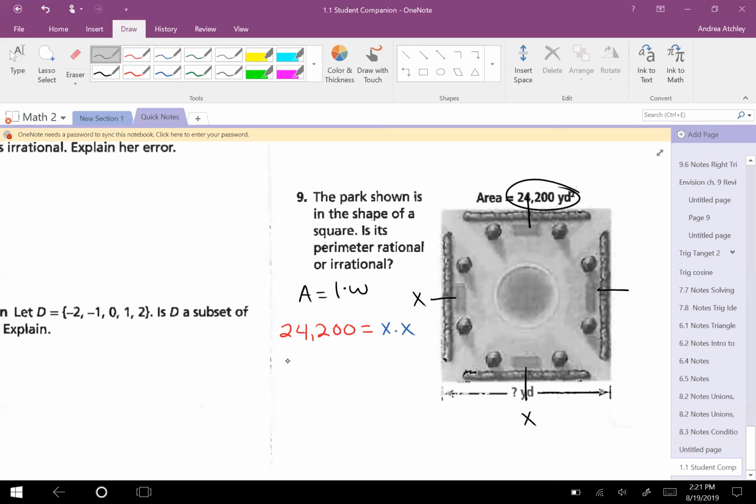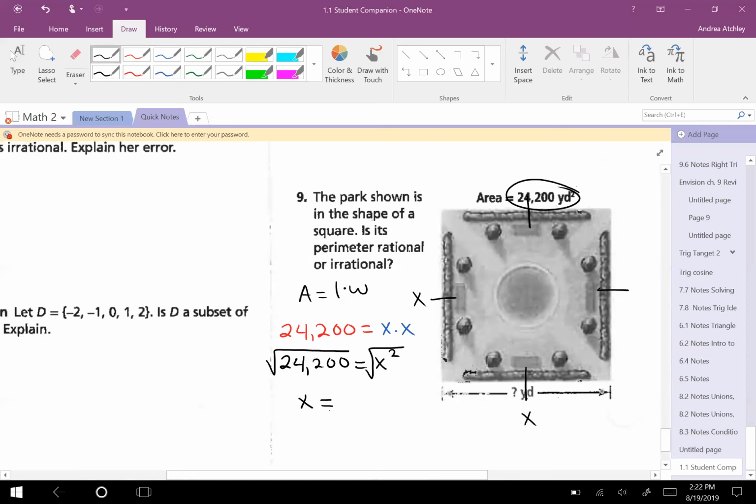So my equation becomes 24,200 equals x times x, which is x squared. Do you guys remember how to get rid of a square? Square root, right? The inverse of squaring something is square rooting it. So I'd have to square root both sides. So that gives me x equals,